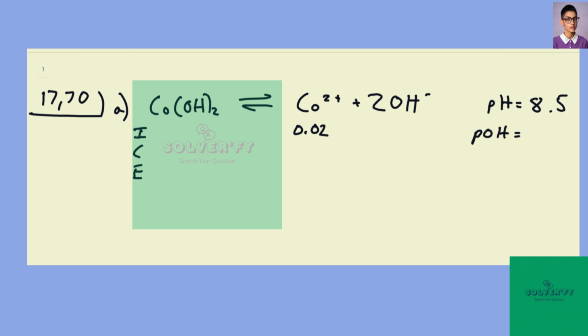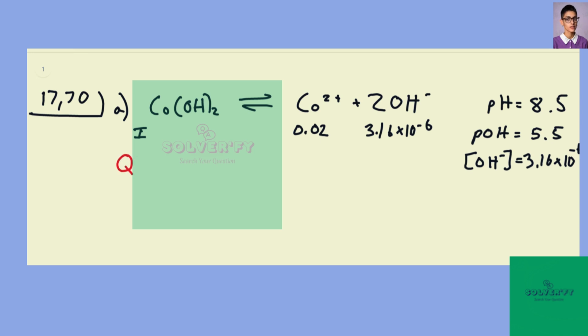And pOH then would be equal to 5.5. And the concentration of OH would then be equal to 3.16 times 10 to the minus 6. So that's our initial concentration of hydroxide. So now we calculate Q. We don't need to know the equilibrium. We just need to use these initial concentrations to calculate Q,